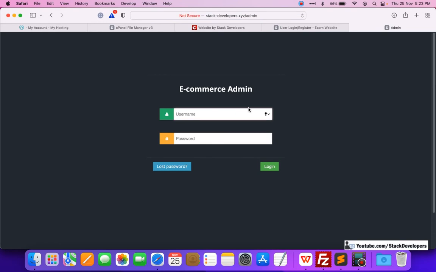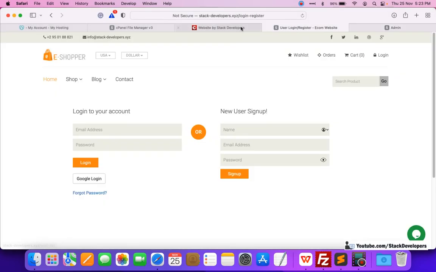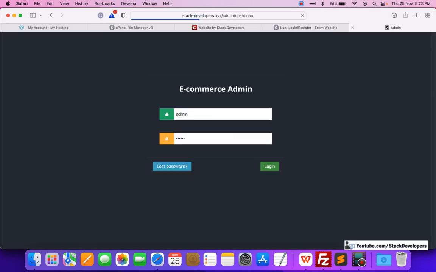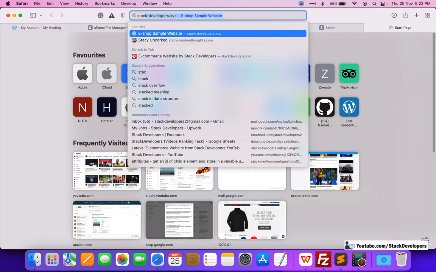Okay, so I'm going to show you here. I will log in. I will log into both websites, stack developers xyz and stack developers.in.